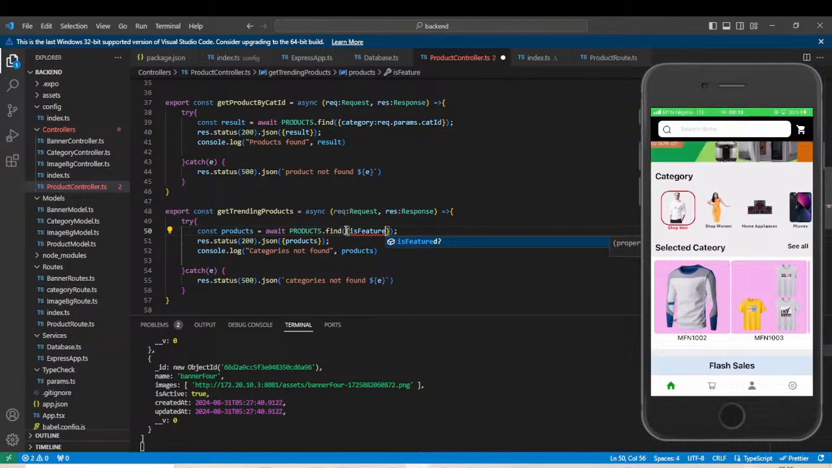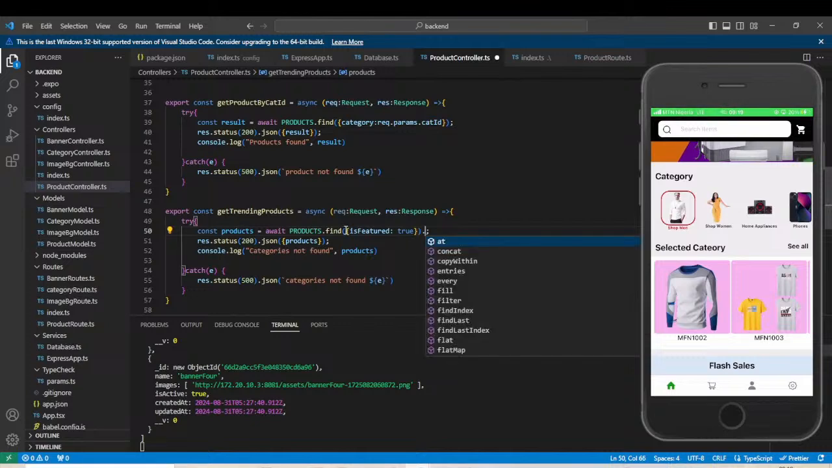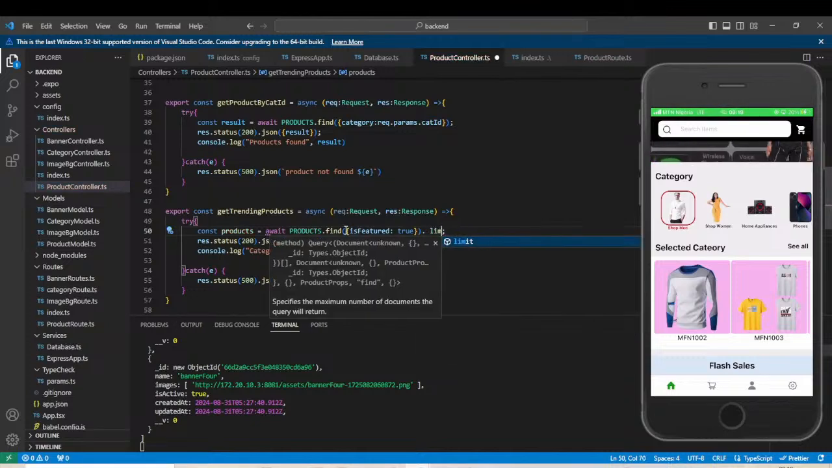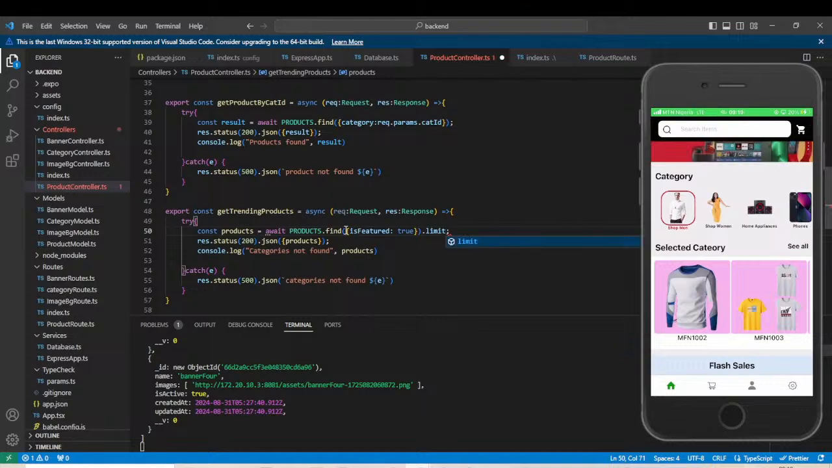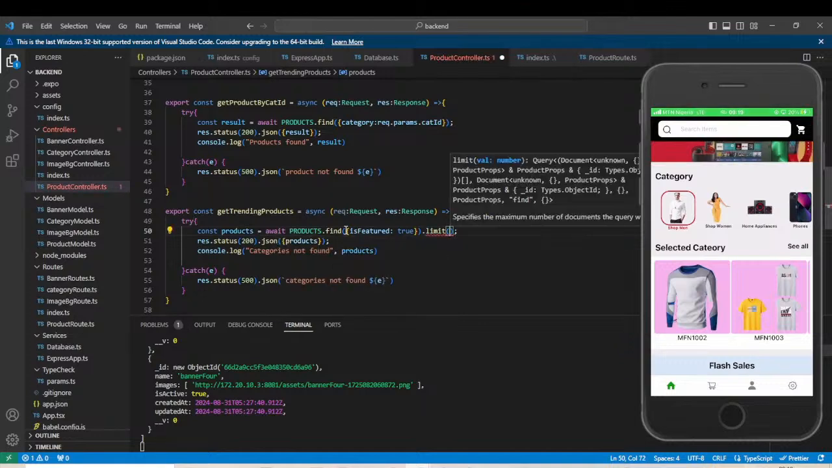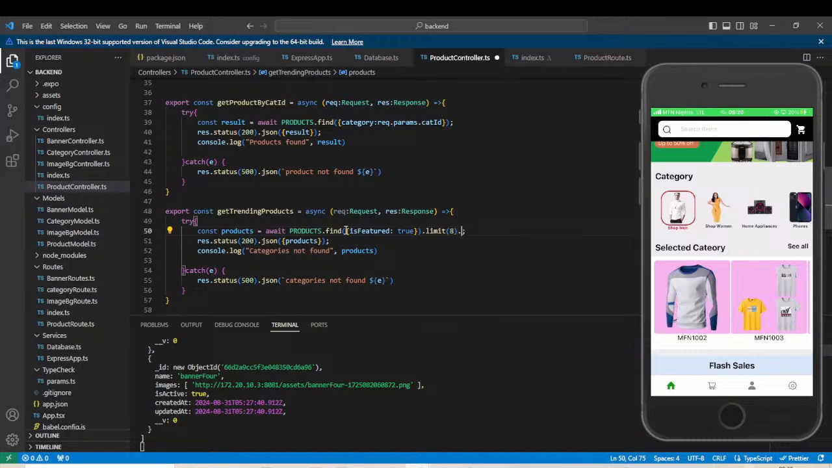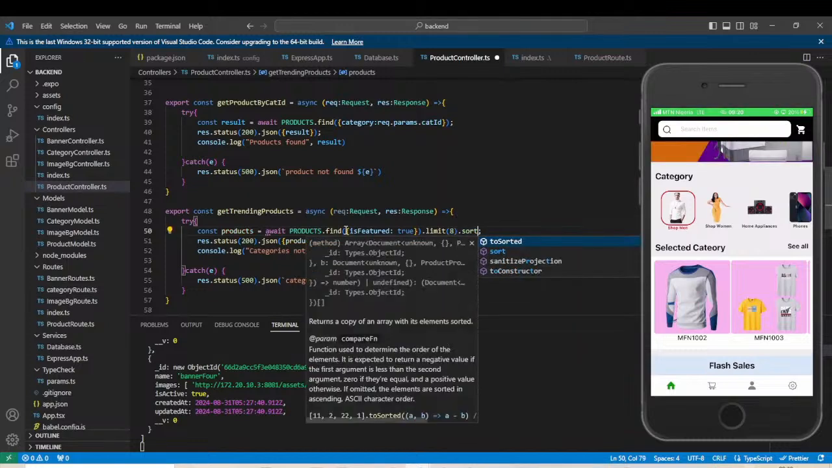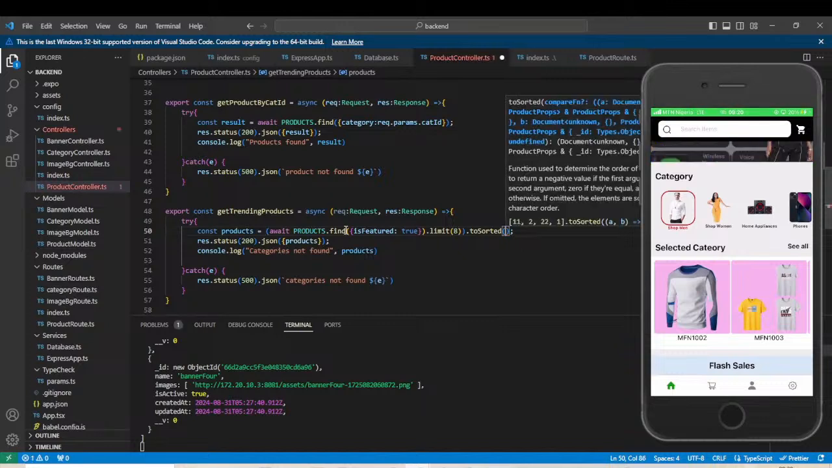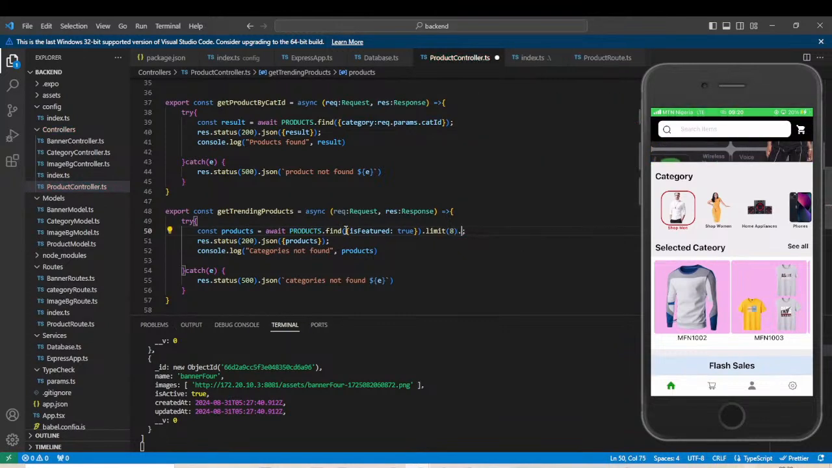Do you understand? So for the trending product, I'm going to fetch all the products where featured is true. So that is the criteria. Where the feature is true, and I'm going to limit it to, let's say, 8. I'll limit it to 8, and then I'm going to sort it by